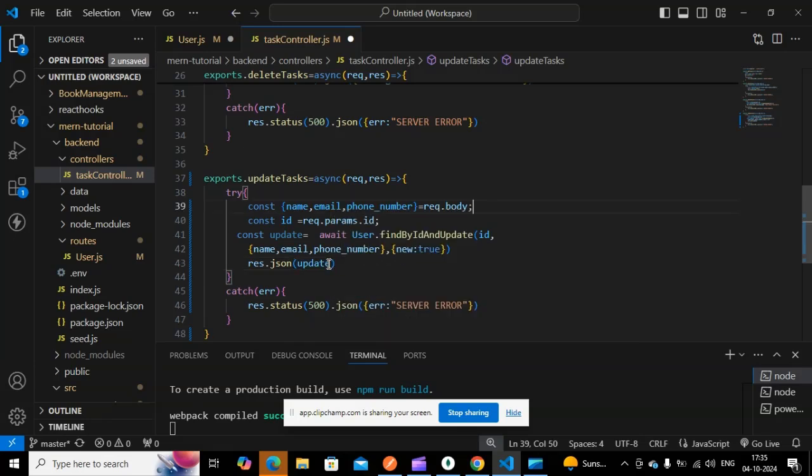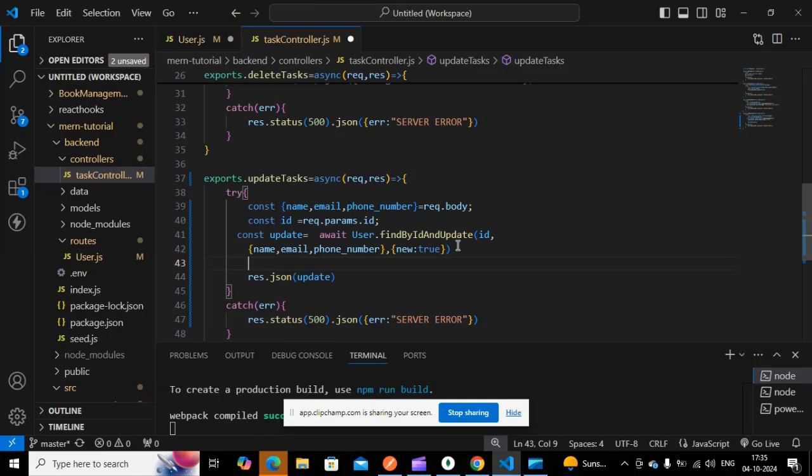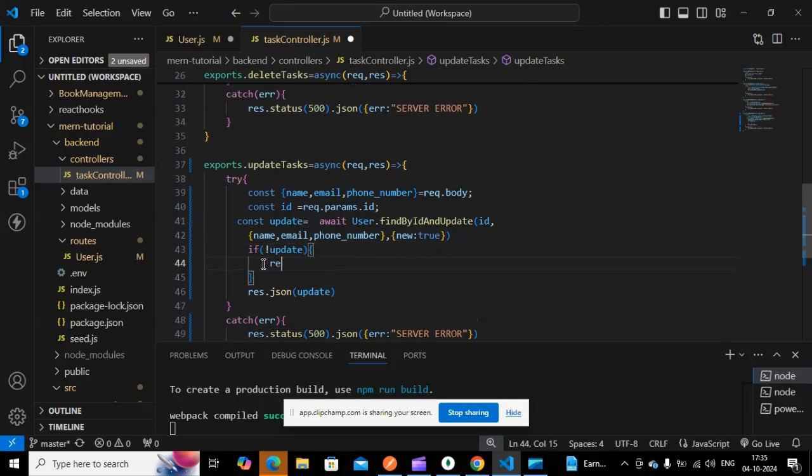If the update is not happening, I have to write a statement over here. If update is not happening here, then have to print that there is no document over here.